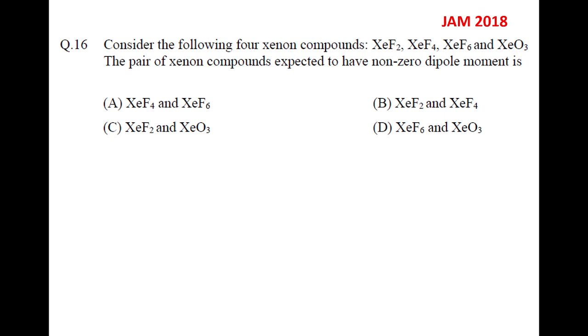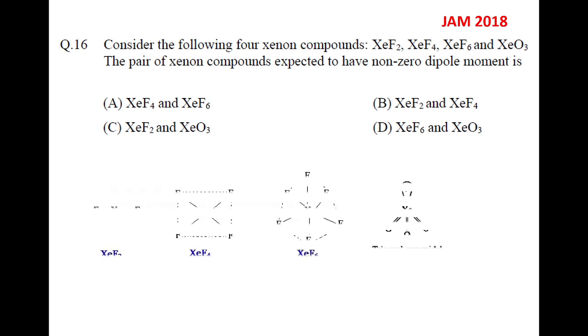First you have to predict the shape of these molecules. XeF2 shape is linear, XeF4 shape is always square planar, XeF6 is pentagonal pyramidal, and XeO3 is trigonal